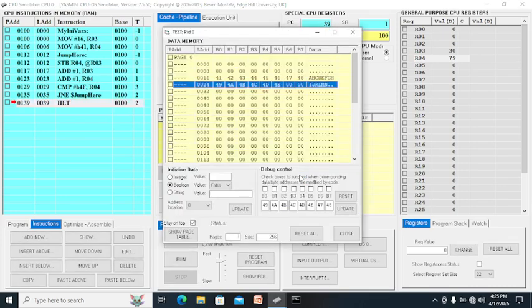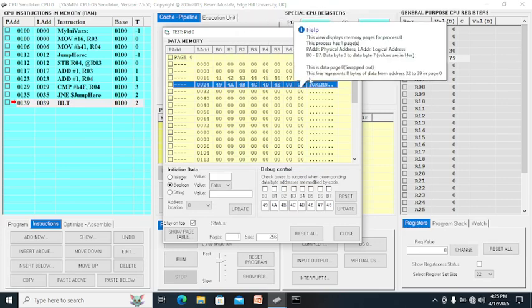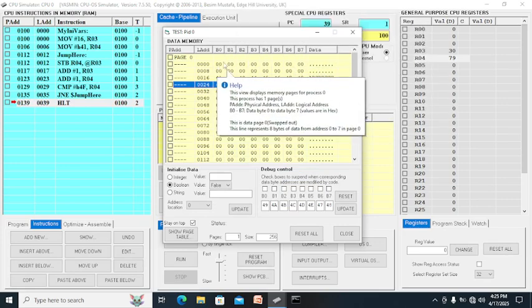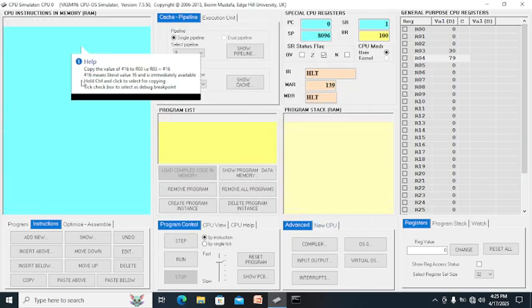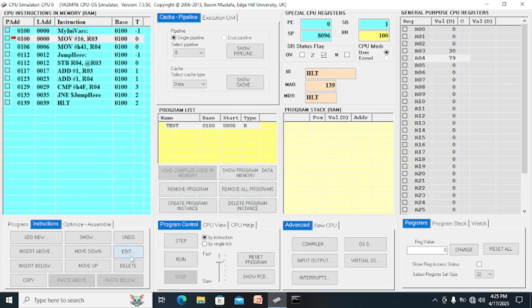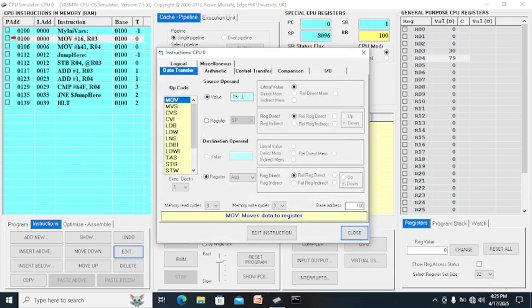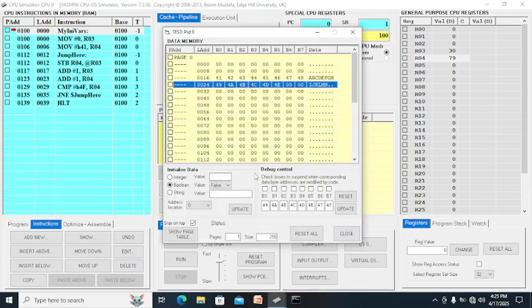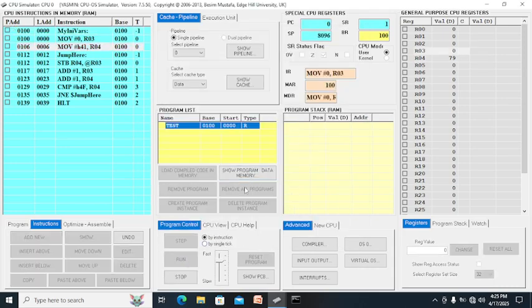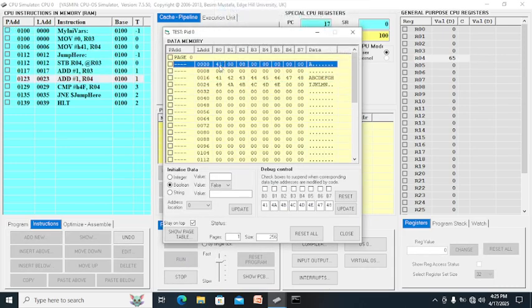Okay, so that's it. How about if you want to start at 0? You change this variable, edit that one into 0. Change the area of memory into 0 and show the memory and run the program, and you can see it will start the data here. 0.